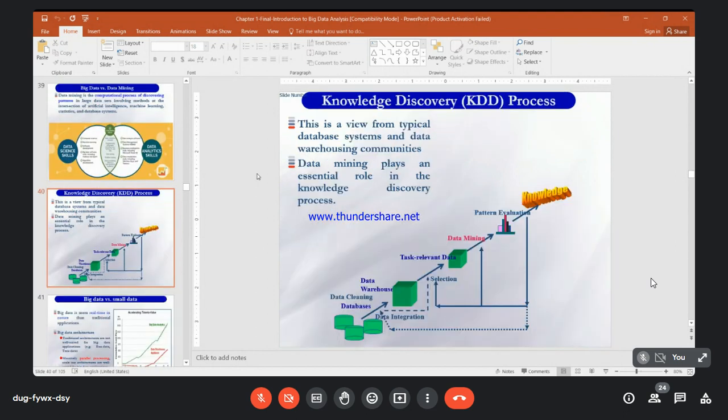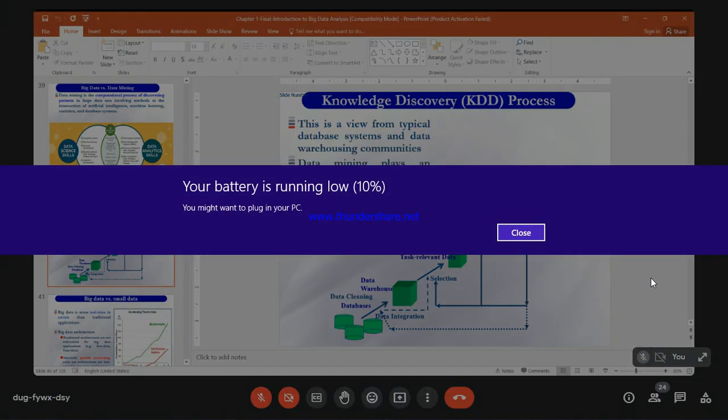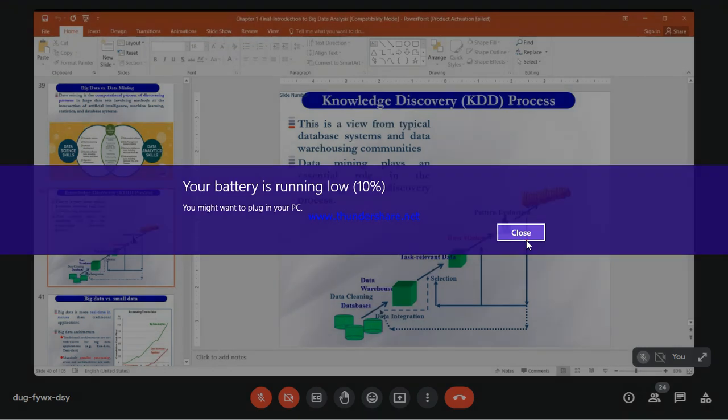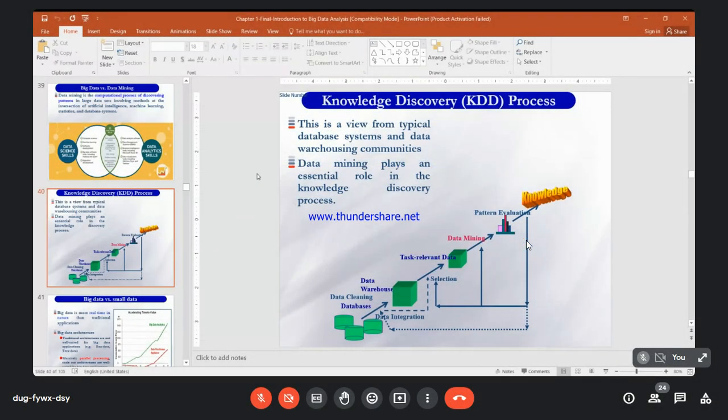So if you see knowledge discovery, we have the database, we have the data warehouse, we take relevant data, data mining is applied, and pattern evaluation is applied.